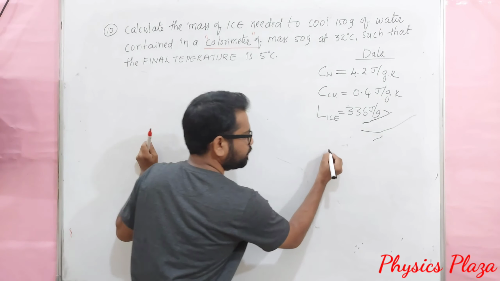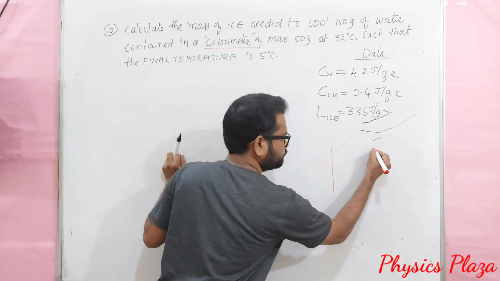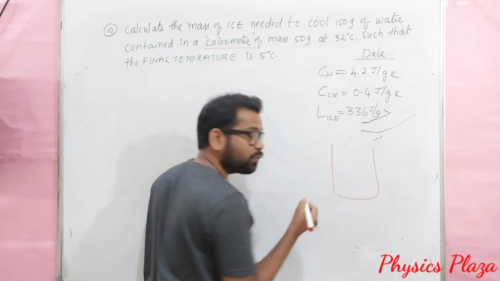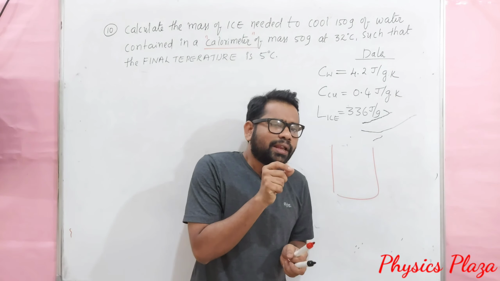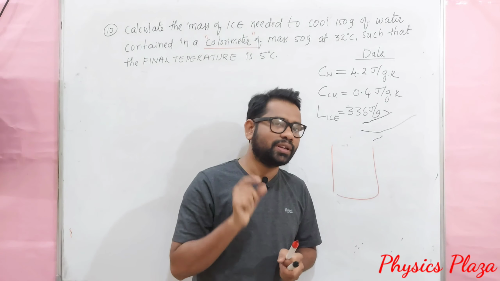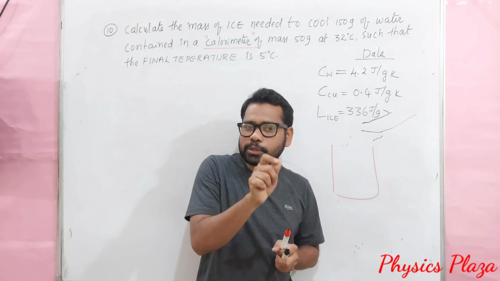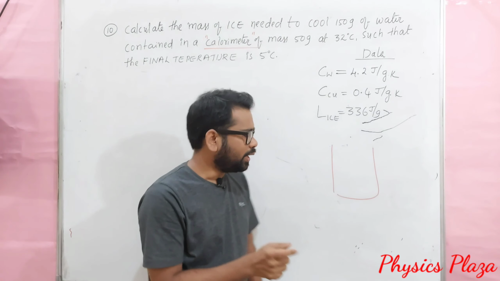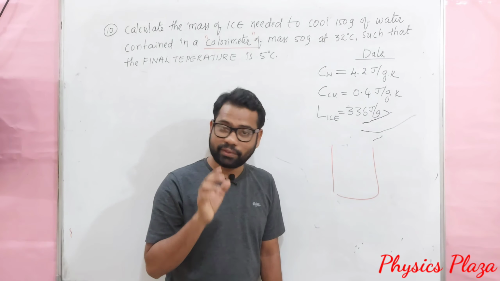They are saying that here is a copper vessel, the calorimeter. So children, what is a calorimeter? A cylindrical vessel made with a thin sheet of copper is called a calorimeter, and it works on the principle of calorimetry. It is used to calculate the heat gained or heat lost. So that is very important.